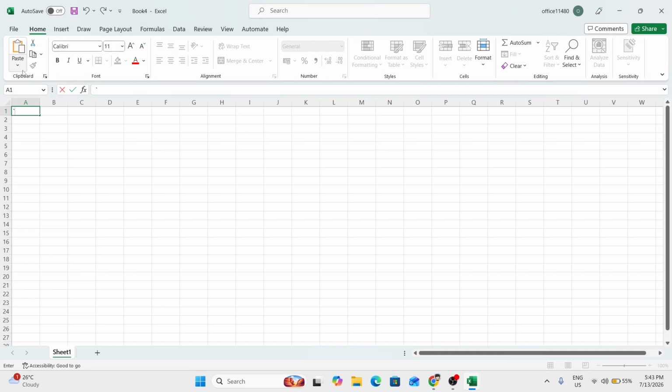In today's video, I'm going to teach you how to convert a PDF to Microsoft Excel. If you have data locked inside a PDF and you want to work with it in a spreadsheet, Excel has a built-in tool that can help make that process much easier. We'll walk through how to import the PDF, choose the data you want, and save it as an Excel workbook